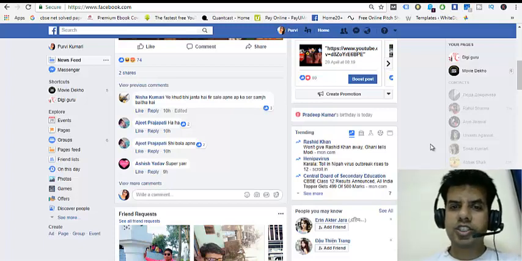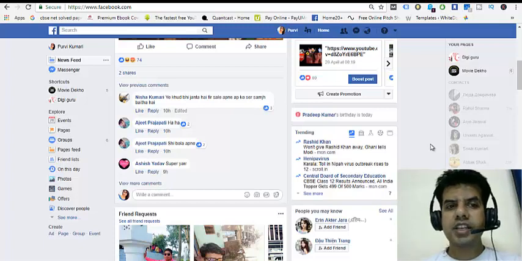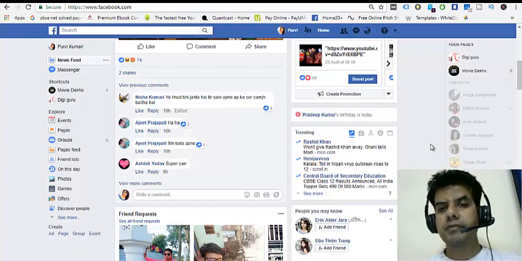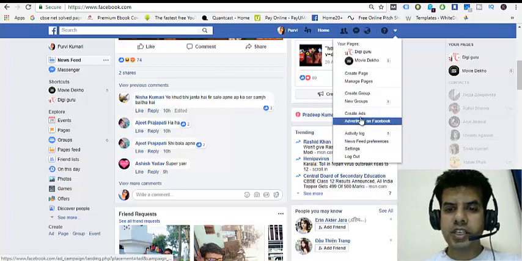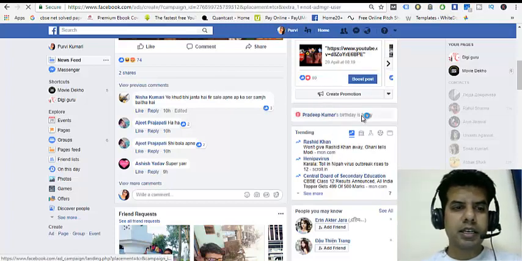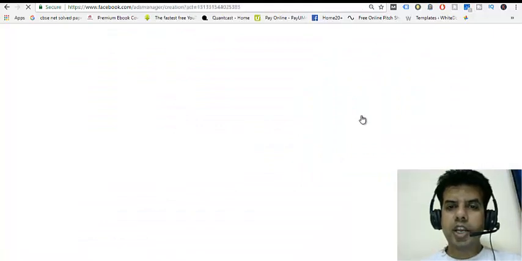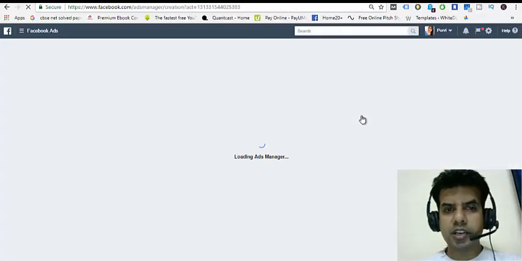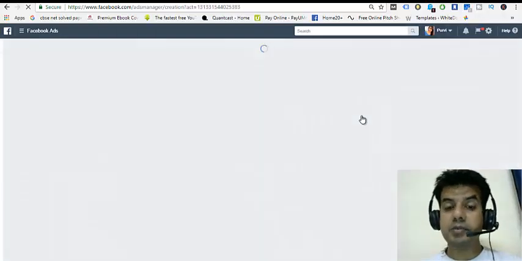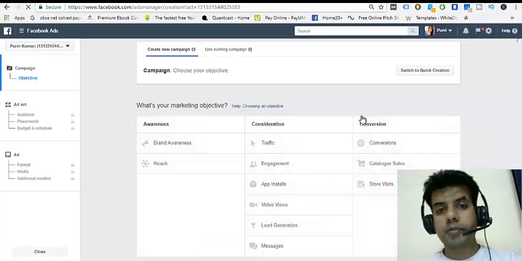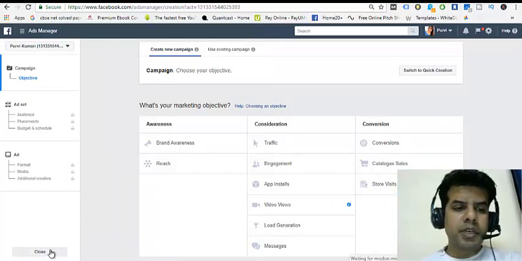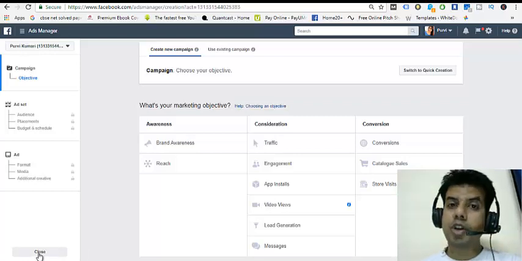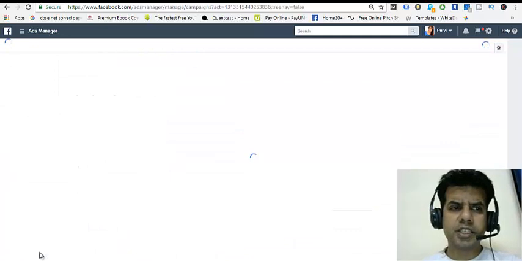Now let's start with how to integrate the Facebook Pixel along with our WordPress website, right? So this is one of my sample Facebook pages, and in order to reach the interface from where you get the Facebook pixel, you just need to click on the drop down from where you log out and click on create ads. The moment you are on this create ads interface, you'll see on the left hand side bottom there is written close. Simply close that interface,